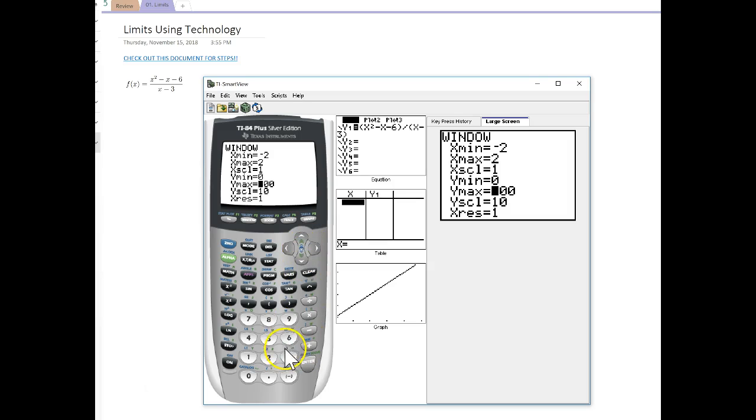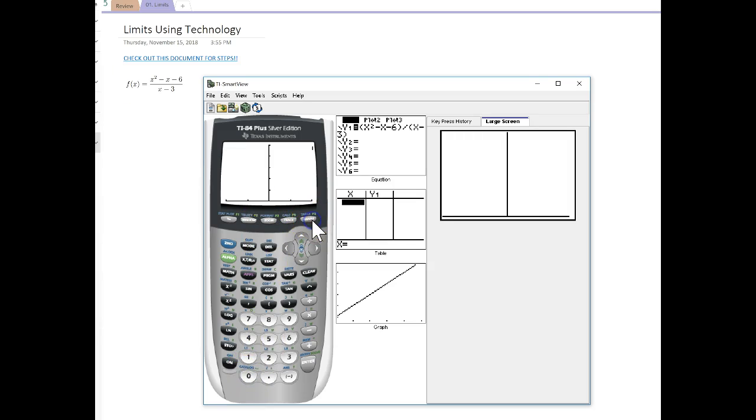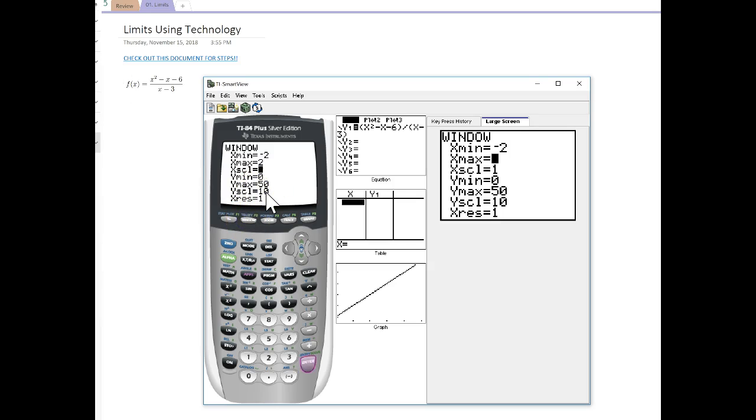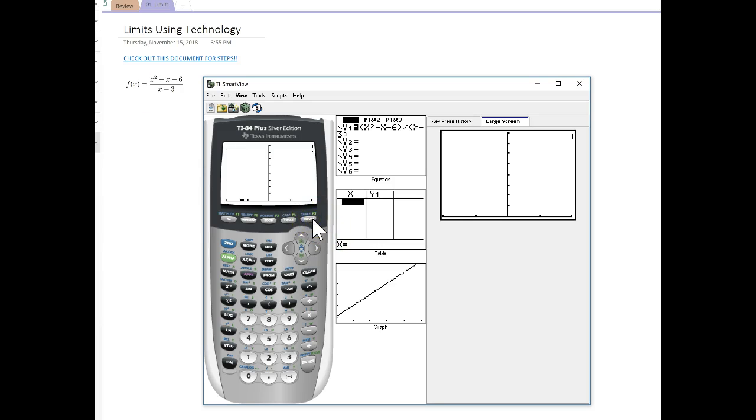But maybe my y max, I'm only going to go up to like 50 here. And that's fine. If I look at this graph now, again, that's my y1. I don't really care about that. When I'm zoomed in, it looks like it does stay away from my asymptote, but as I change that y max to draw that graph,